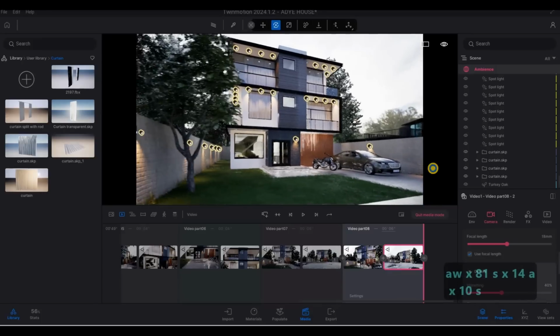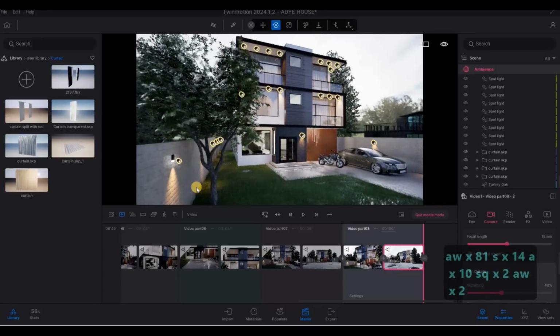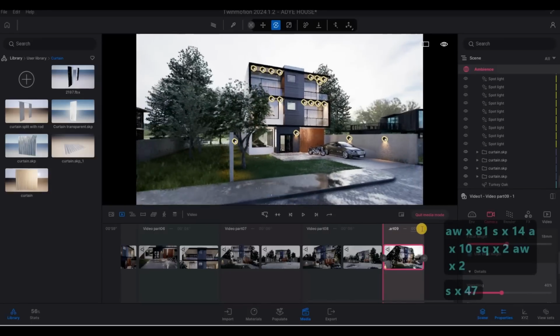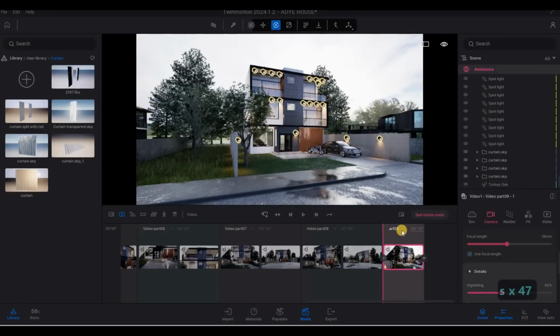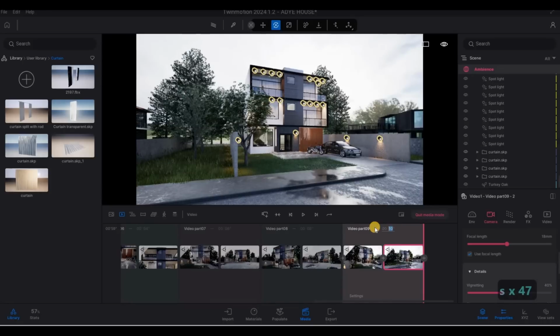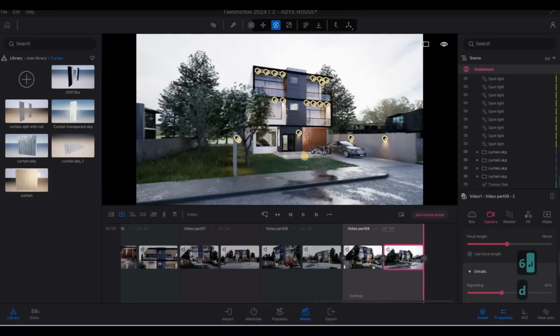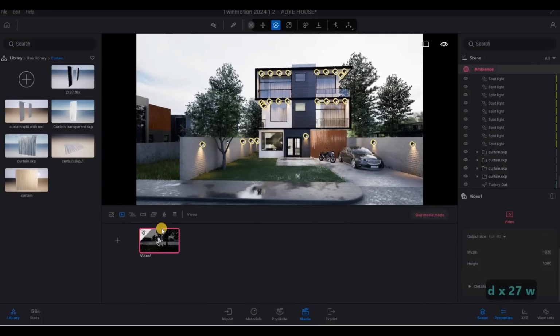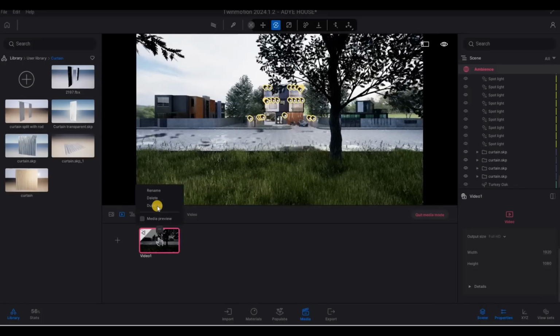And then lastly on this side. Six seconds. And then what you need to do is you need to duplicate this,